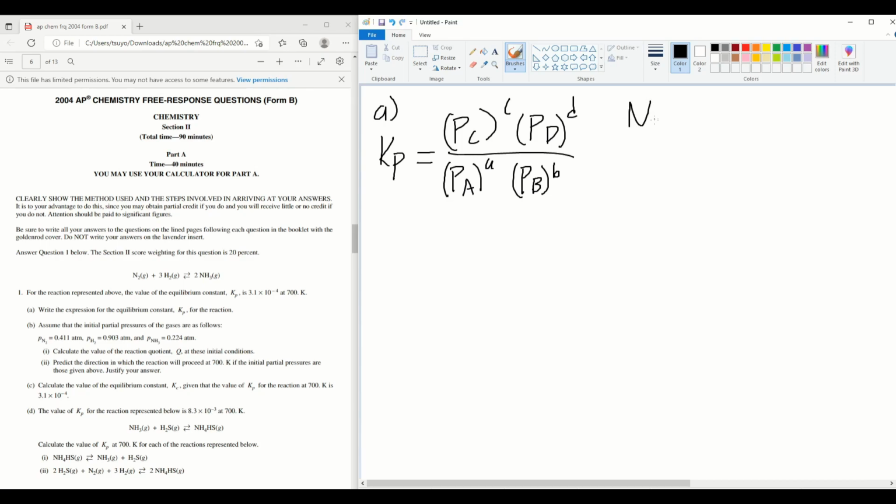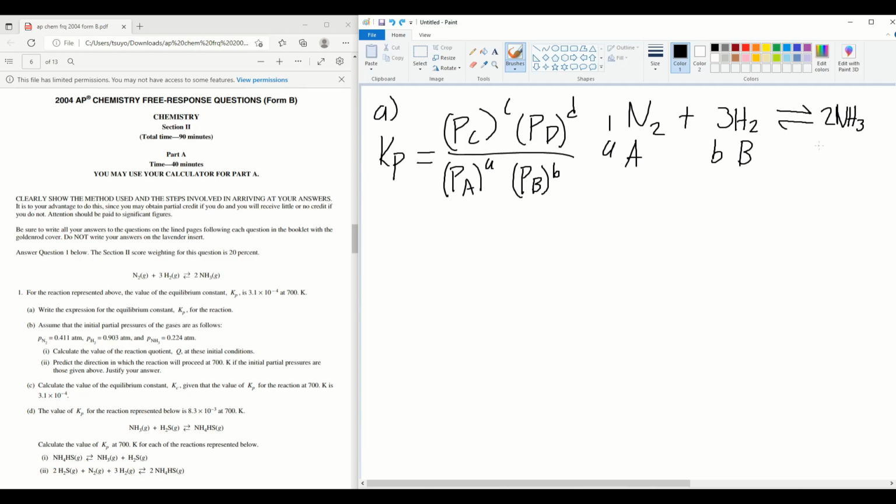So let's write down our equation actually. So N2 plus 3H2, and then equilibrium sign 2NH3. So for this one, A would be N2, so this is A. And there's supposed to be a 1 here, but you don't write out the 1 coefficient, so the little a is 1. Let's just write that for now. And then the little b is 3. And then H2 is our second reactant, so that's going to be this one. And NH3 is our